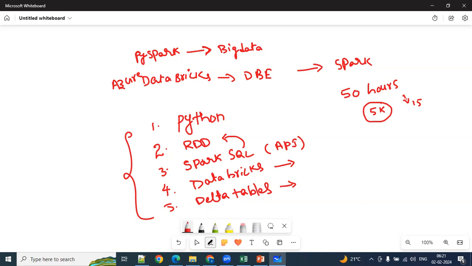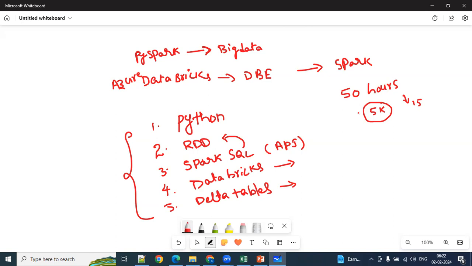Since you attended my previous classes, I thought, okay, this is the first batch, I'm going to give the chance only to my students. So that is the reason why I kept only 5,000 for this course. I thought this is the minimal fees I can say. Okay, that is about the fees part.